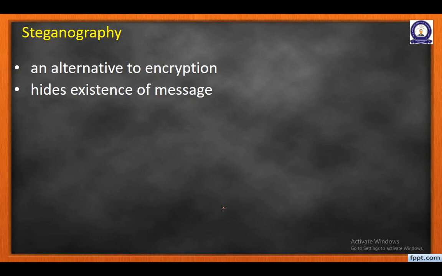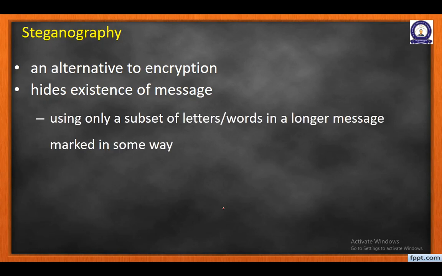See, when I am sending a cipher text over a transmission line, by looking at the cipher text, I know that it is carrying a secret message. It is one kind of protected message. Nobody should be able to read it. Here, steganography says that nobody will come to know that you are sending a message. So probably the message can be plain text, but the way it is hidden, that technique is called steganography. Whereas in encryption, you will never send plain text as it is. You are always coding that plain text, always trying to represent it in some other form.